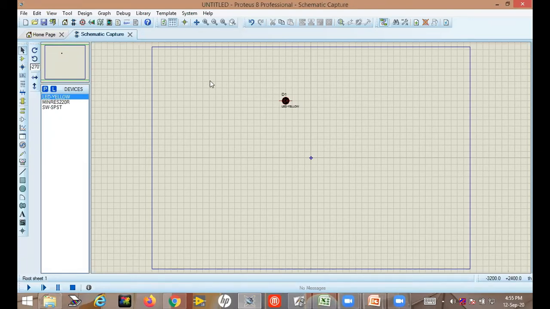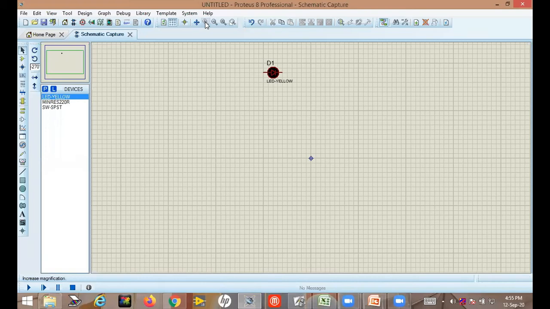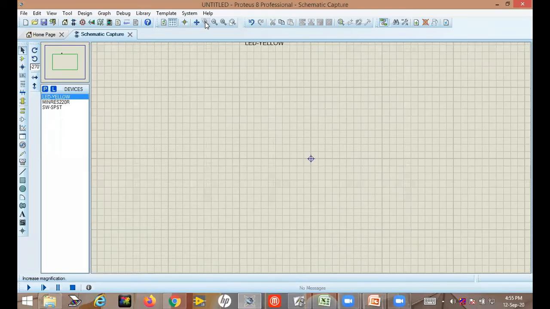Now here I am clicking on this workspace, but it is not appearing. And if you see, this component is looking very small. So that's why the zoom in and zoom out option is given. Here I will zoom in and increase the size of the component. Now see, this component is not appearing, it is just away from the screen.